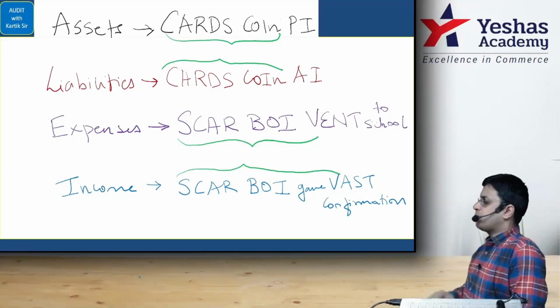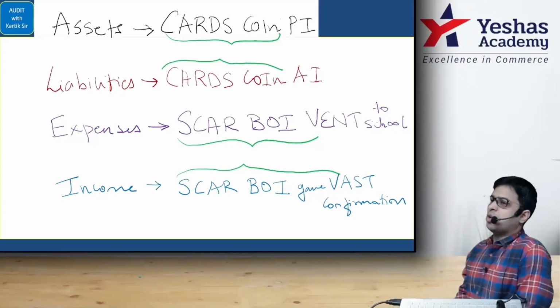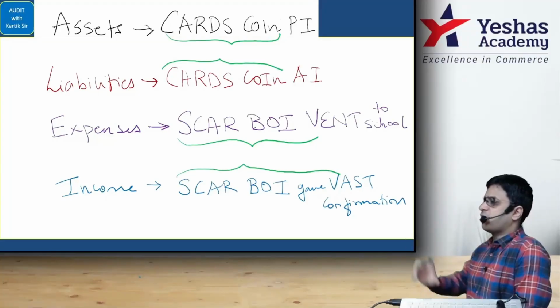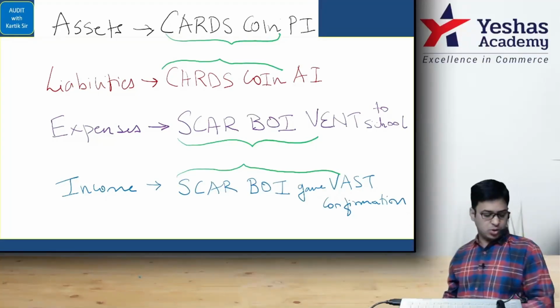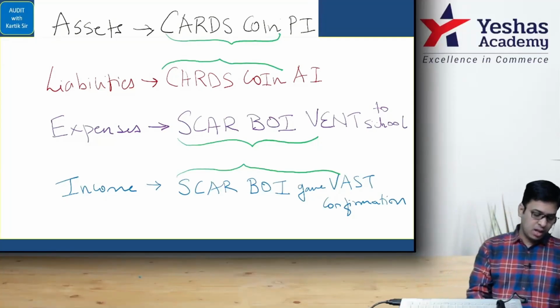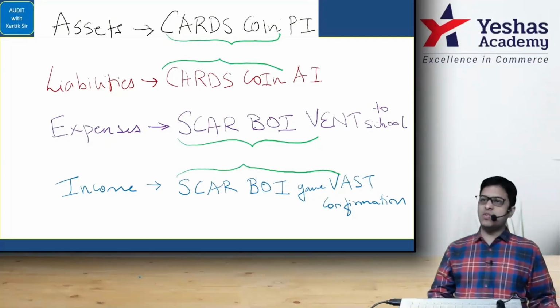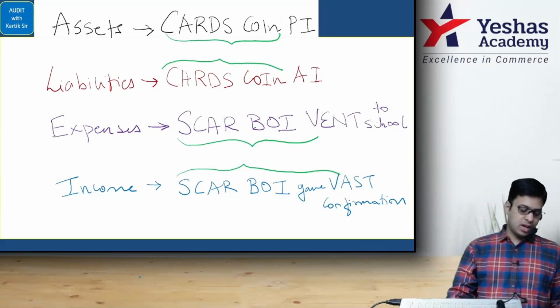Now, again, the first 8 points are the same. I'm not going to reread them because it's the same area, just that here it is given for the income area. Now, let's read point number 9. Please go to numbering 9 there. Please read with me. Review significant contracts and agreements.